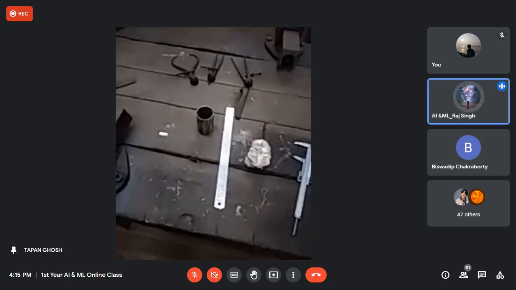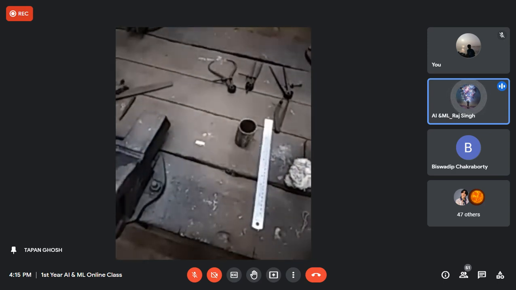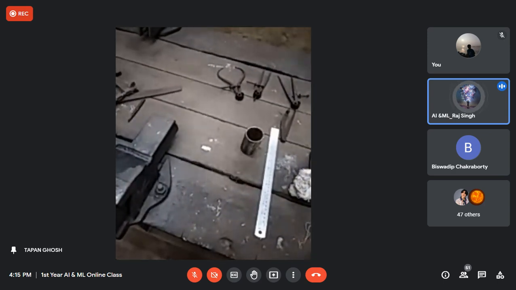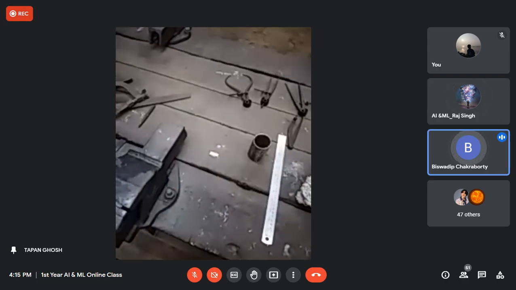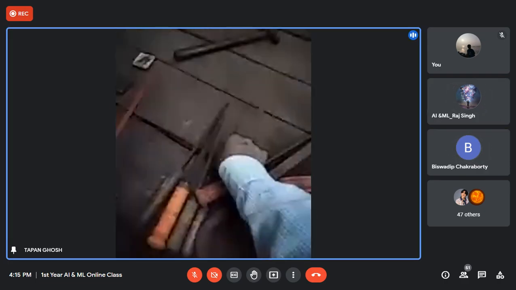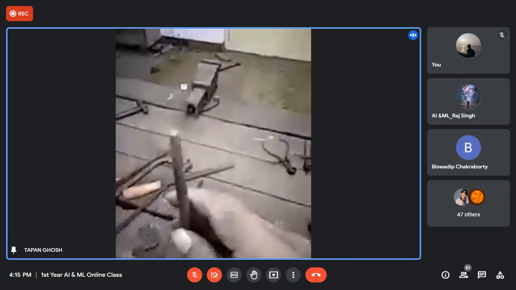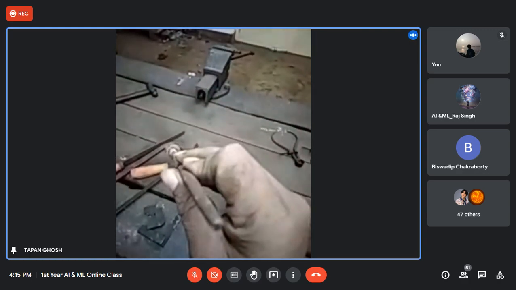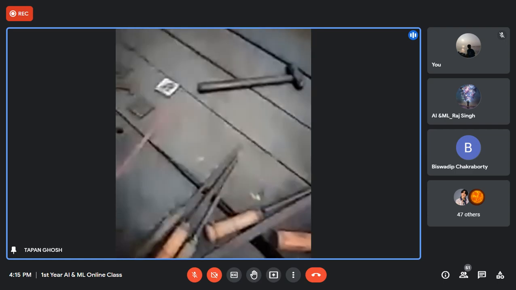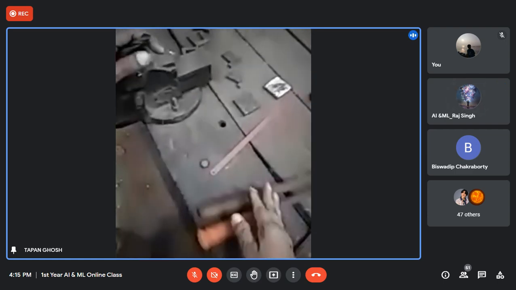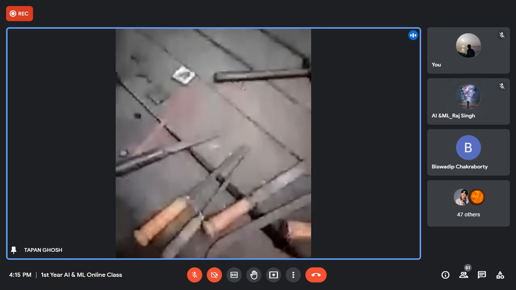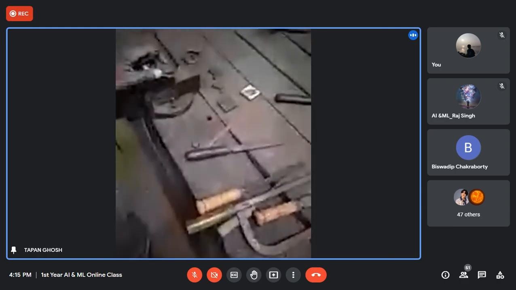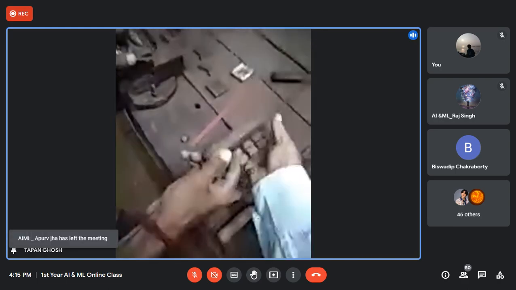Sir, if a round file is present for enlarging a hole, why do we need a semicircular one, sir? So when the hole is small, you use the round file, this type of round file. When the diameter is more, you use the half round file.